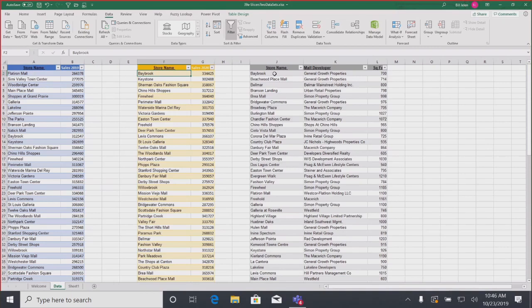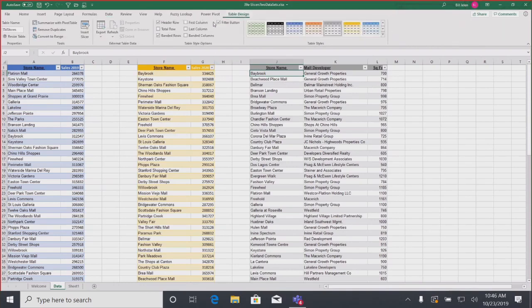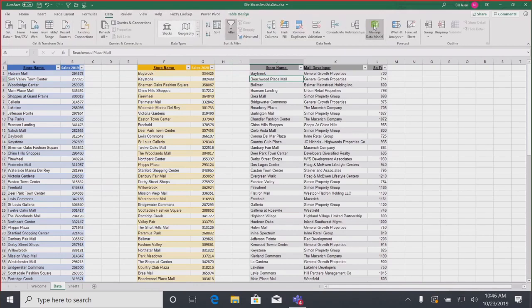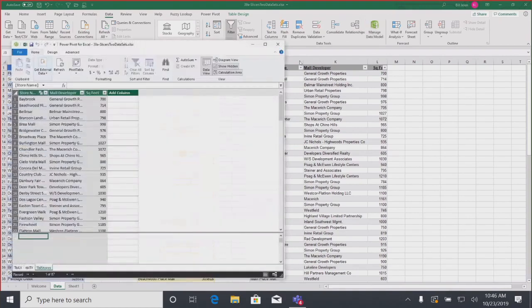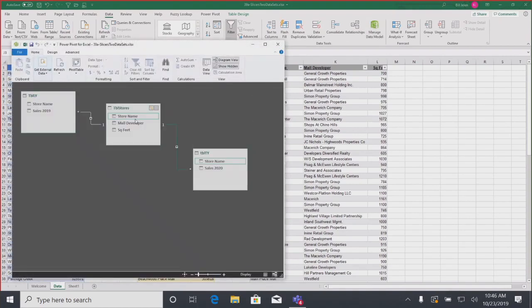So what I'm going to do is have a third table. The third table has each of the stores that are in either of the first two tables, maybe some extra fields out here. And on table design, you'll see that this is called LastYear. This is called ThisYear, TY for this year, and then just something called Stores. And when we go into data and then manage, beautiful thing here called the diagram view, and you'll see that this is the gray table on the far right-hand side.